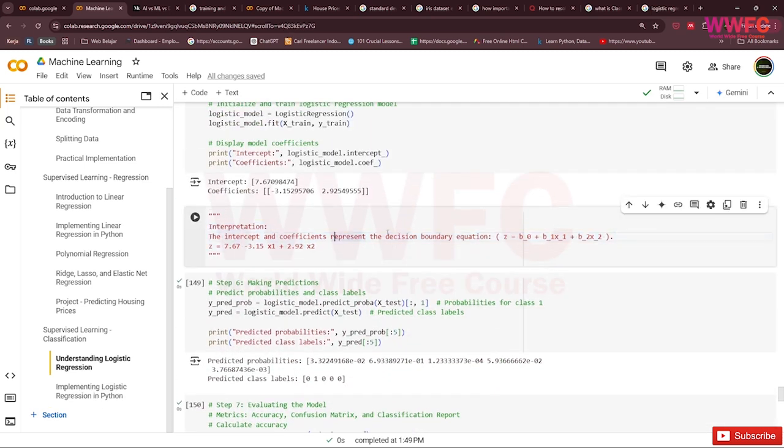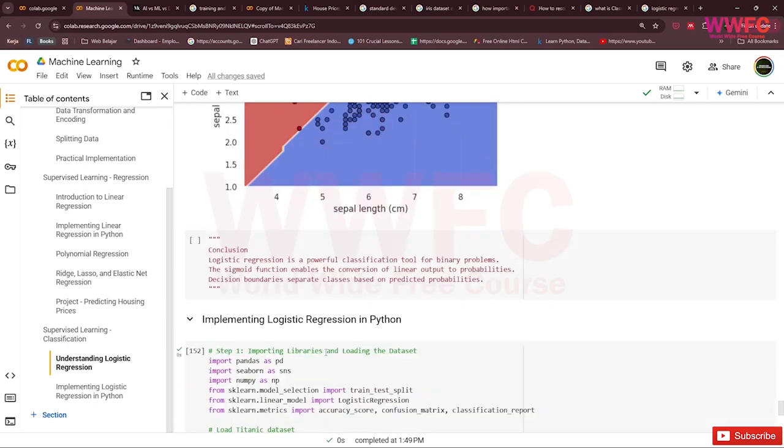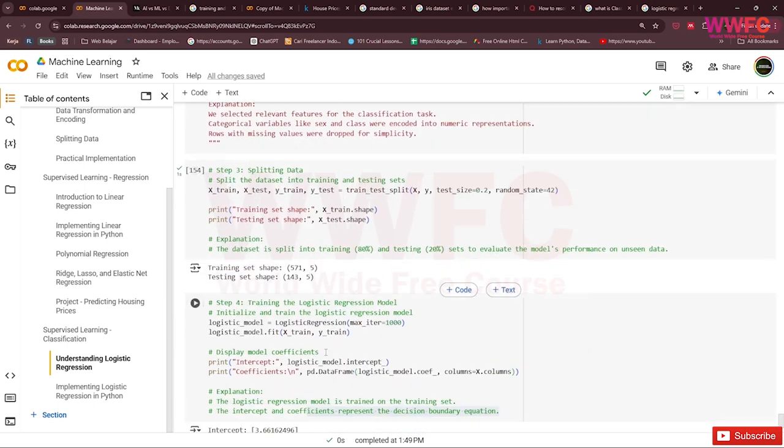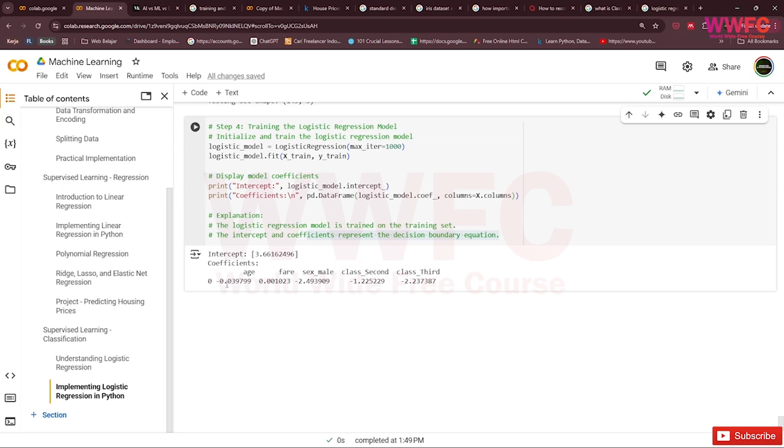So the equation is minus 0.03 x1, where x1 is age, plus 0.001 x2, which is fare, and so on.